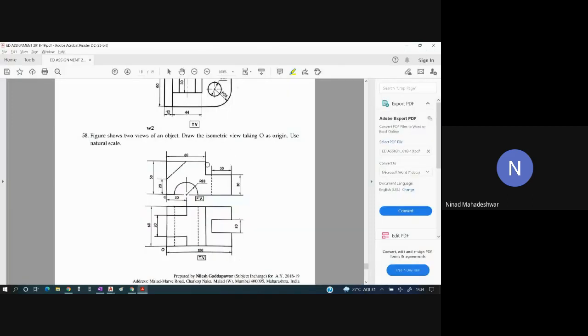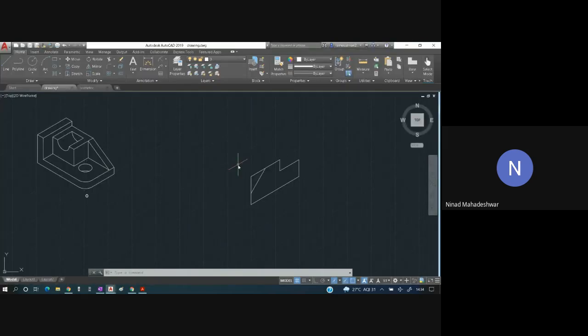Similarly, here there is a center line at a distance of 30 mm, so that I will draw. Ortho command should be on at a distance of 30. So I'll draw a center line over here. I'll convert this line into a center line, and I will extend this part. Okay, I have got the center out here.